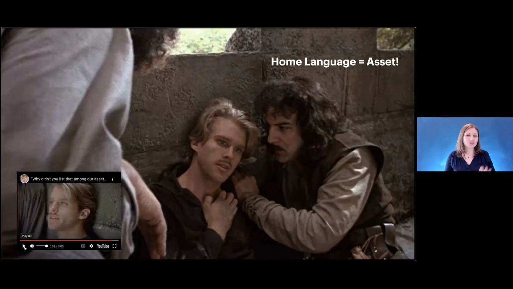And I think this is really how a lot of our field has thought about the home language for a while, is that when we think about the assets that our students, our multilingual students, are bringing to the classroom, we think about these families and we think about their first language or their home language, we don't even think of it at all. And we don't realize what an asset it is.